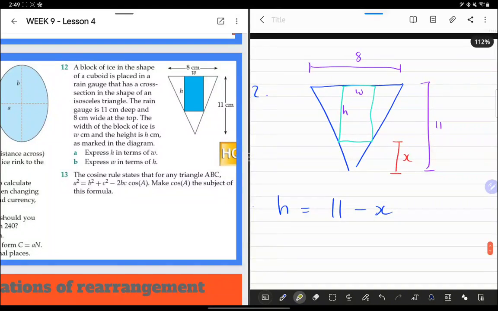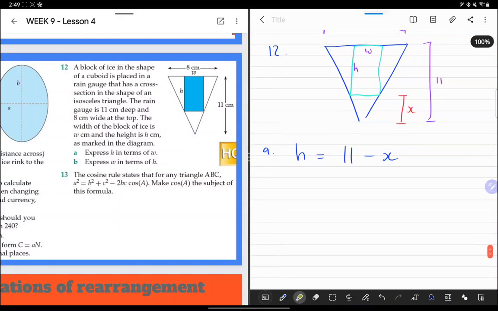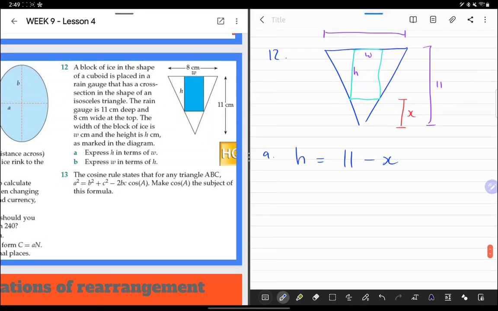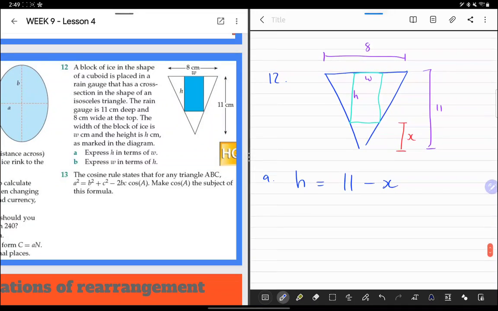So if you remember how to work with ratios and rates, we are saying that the ratio, the proportion, that is 11 over 8, which is that over that, right,